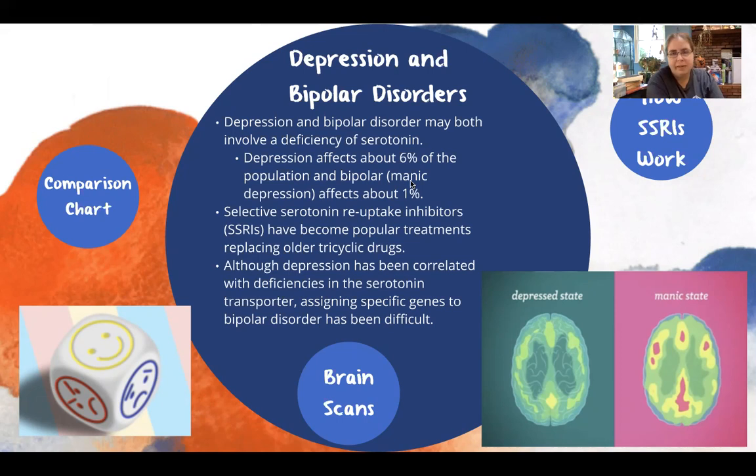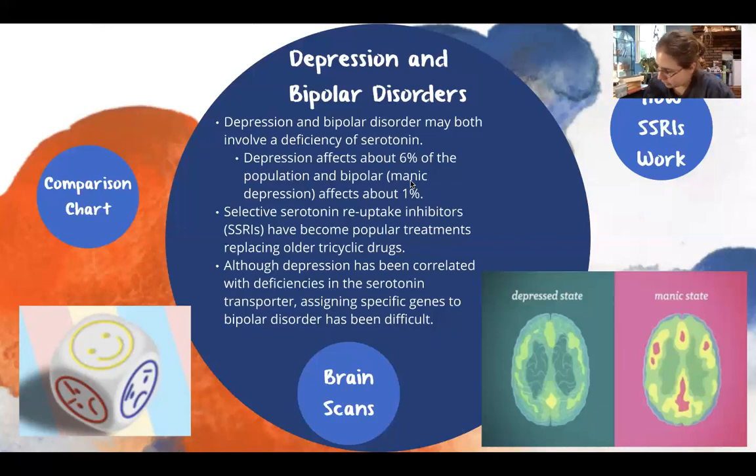For instance, you may not have any genes that could lead to depression or bipolar disorder, but if you go through some kind of trauma as a child, if you were physically or mentally or sexually abused as a child, or if someone close to you dies, someone that you love dearly, whether it is a significant other, your best friend, a family member, all of those can very likely lead to depression. Going through a divorce can lead to depression.